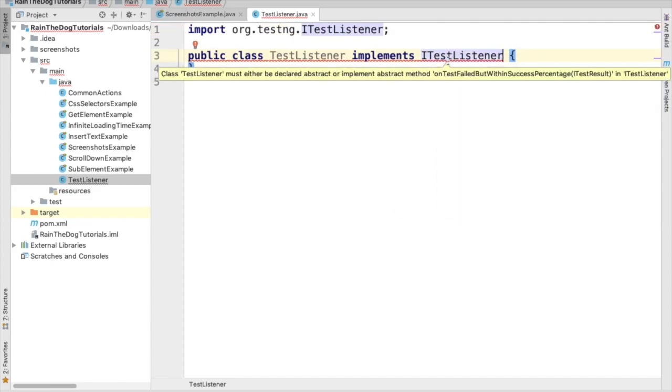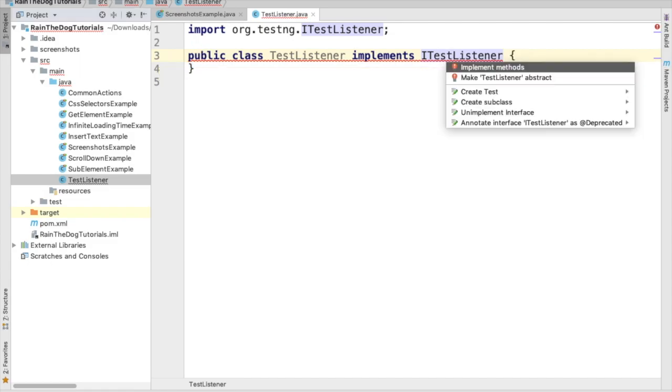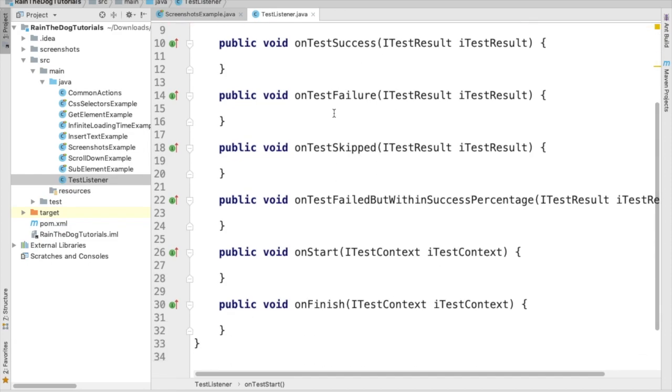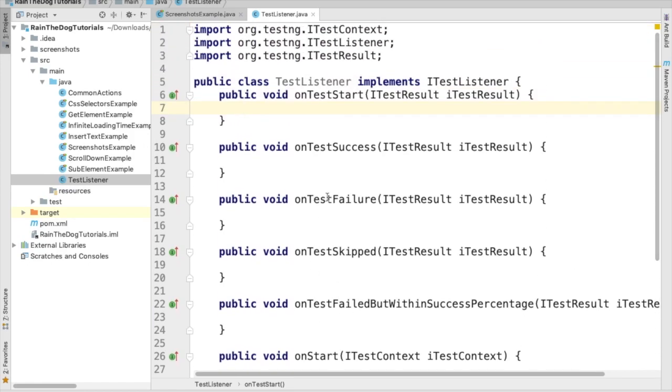Of course, because ITestListener is an interface, we have to implement all of its methods. We can see here that we have onTestStart, onTestSuccess, onTestFailure, onTestSkipped, onTestFailedButWithinSuccessPercentage, etc. For now, we'll focus on this method. Here, whenever our test fails, no matter for which reason, it can be an assertion, it can be an exception, our test will fall under this listener, and then we can do some actions. For example, we can take a screenshot,